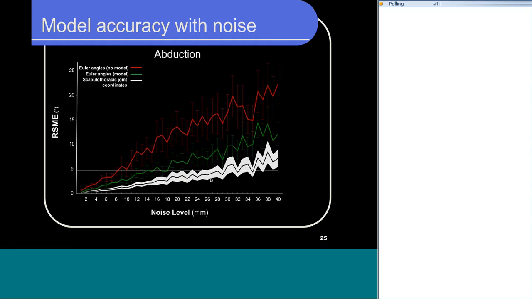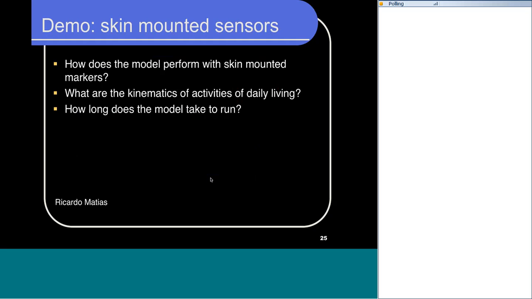So at this point, I'm hoping that we've convinced you that the model can play a significant role in reducing the effect of soft tissue, which was what we were hoping. And we've done this on synthetic noise. So the natural question is, how does the model do on non-bone pin data and non-synthetic noise? So real measurements and some activity of daily living. I'm going to switch gears here and call on my good friend Ricardo to give you a demo on